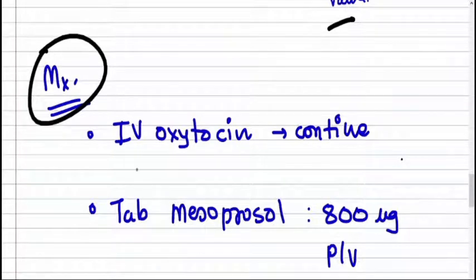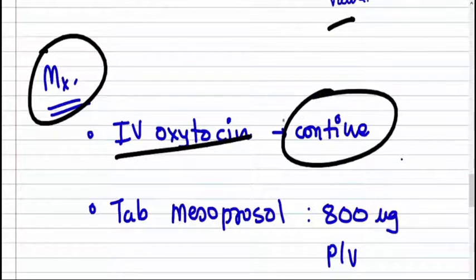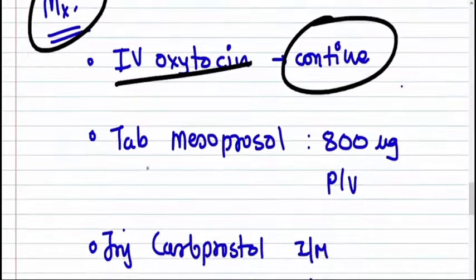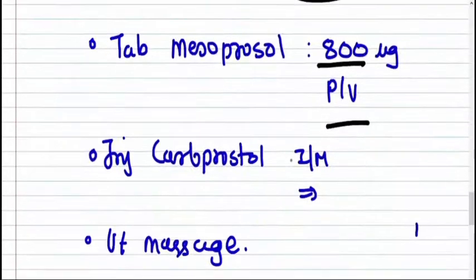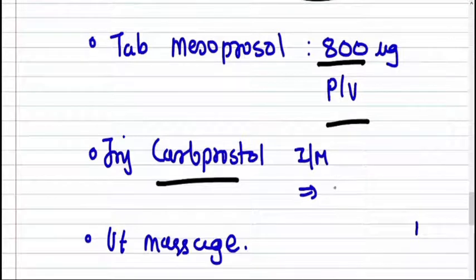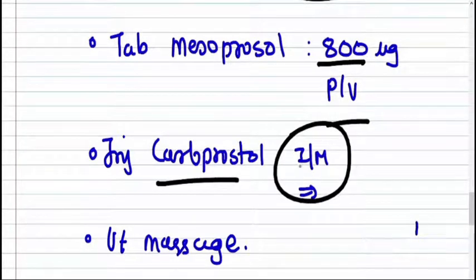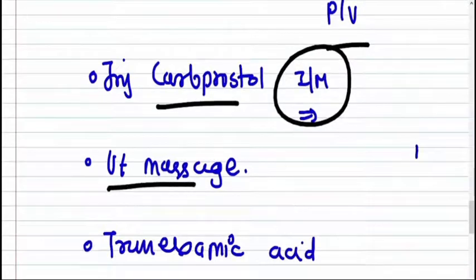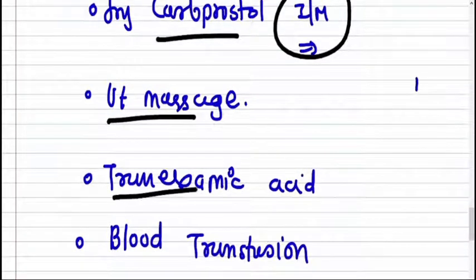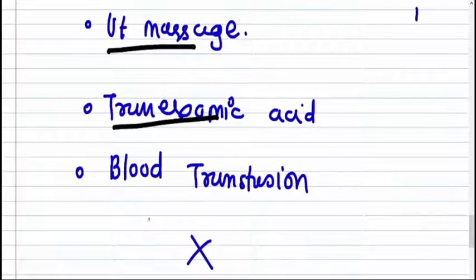What should you do? Then the IV oxytocin should be continued. Tablet misoprostol, that is a prostaglandin, 800 microgram per vaginal should be kept. Injection carboprost, that is also a very potent prostaglandin. IM injections are available. Uterine massage should be given. Tranexamic acid has also some role, and blood transfusion if anything does not